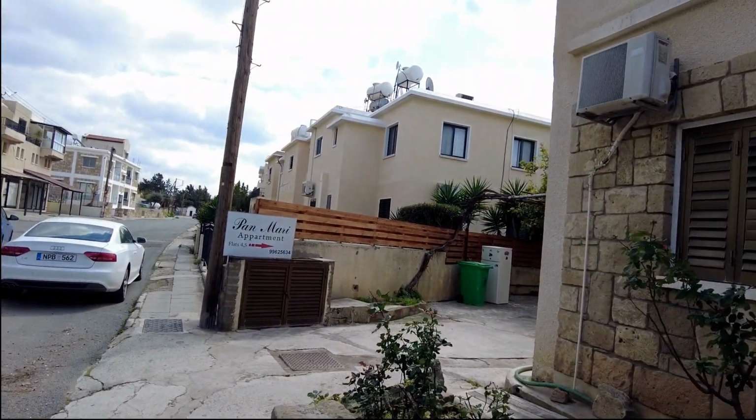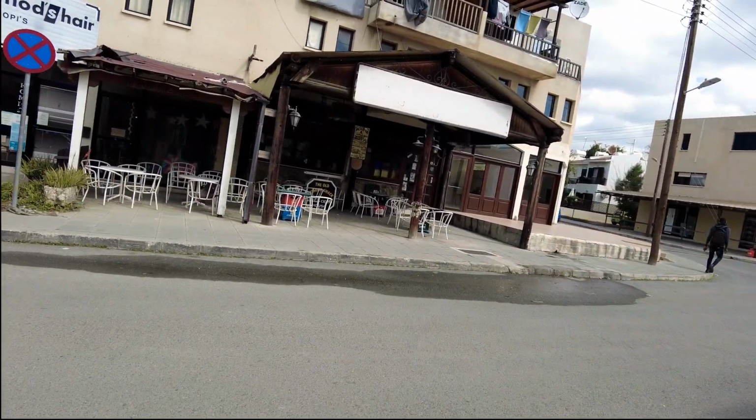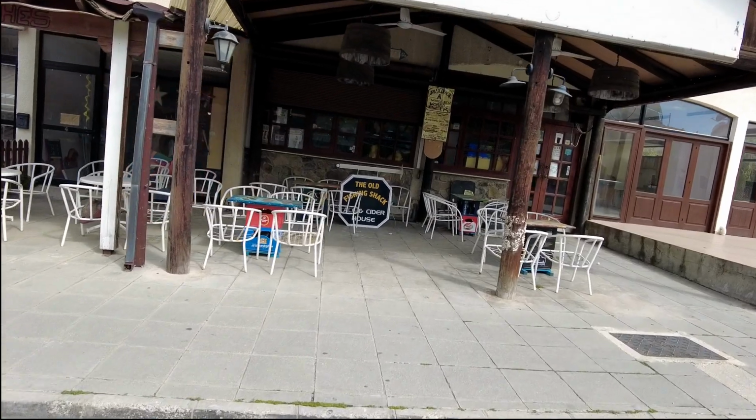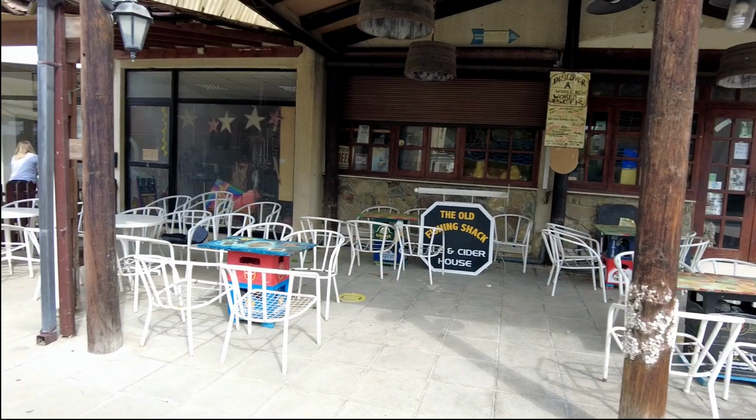Again, tends to open on a weekend, the 60s bar. Across the road we've got the old fishing shack. And if you're wondering why there isn't any signs on a lot of these pubs anymore,